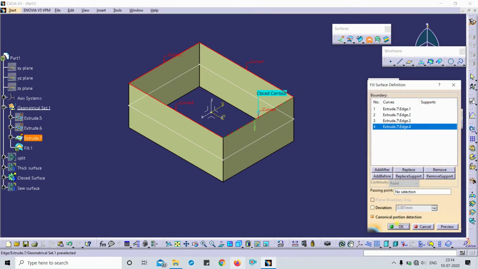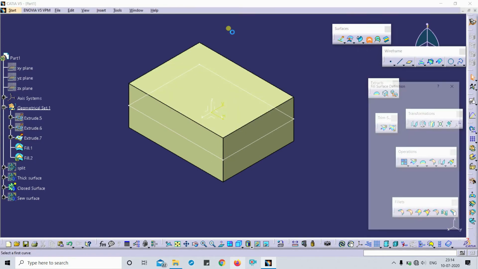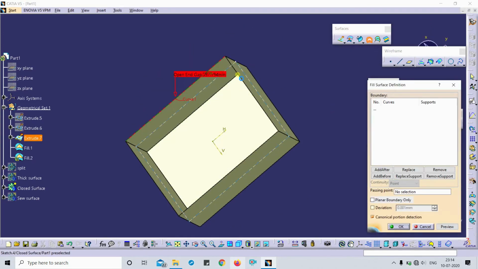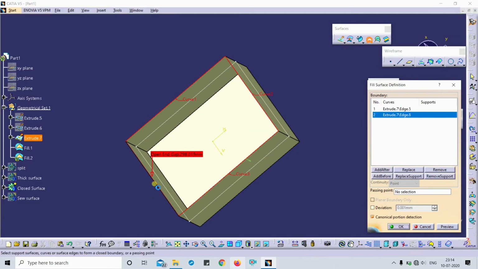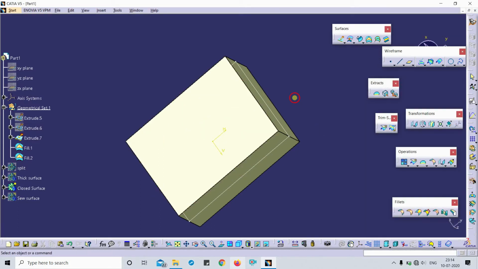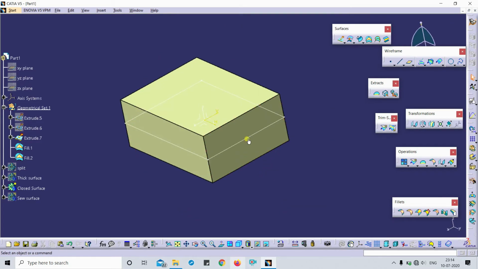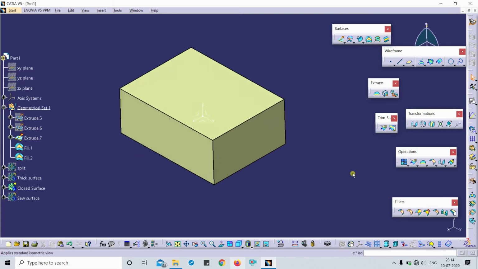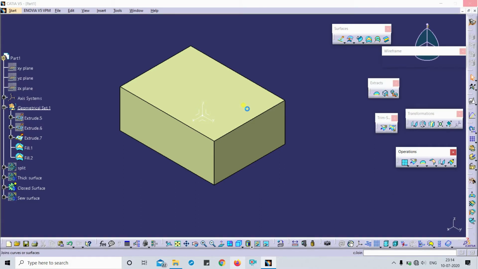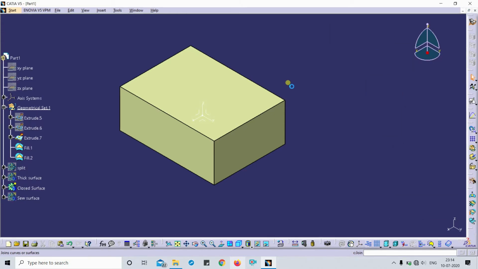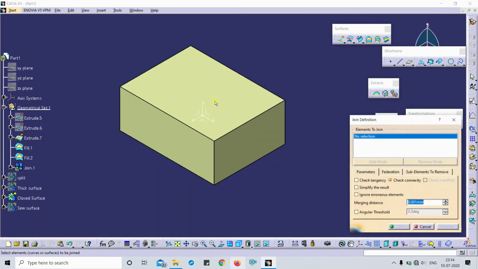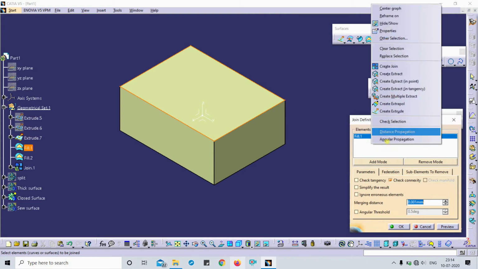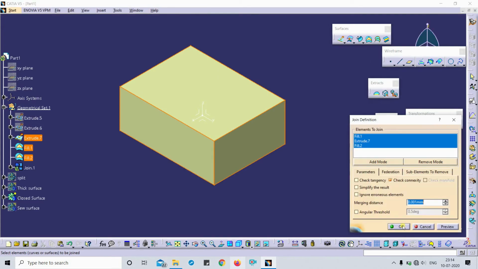Similarly I have used this fill command on the bottom side. Now I have to join this surface.